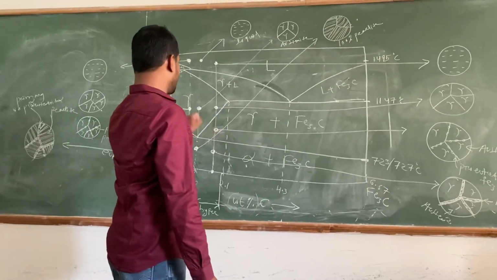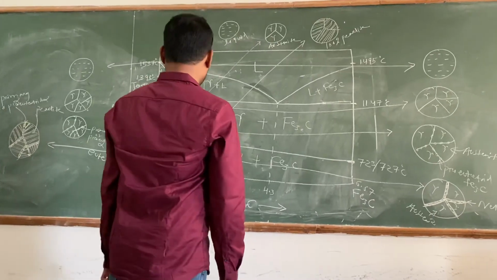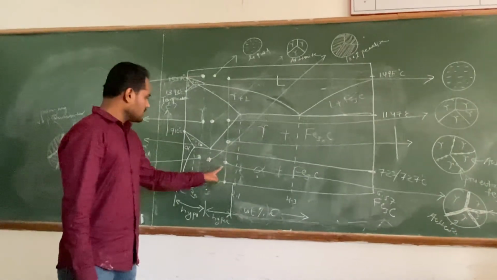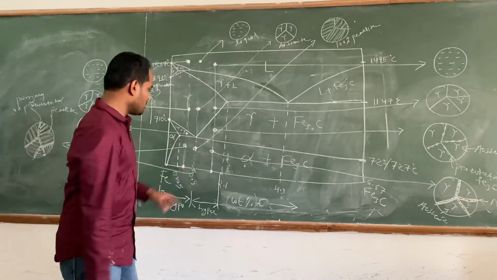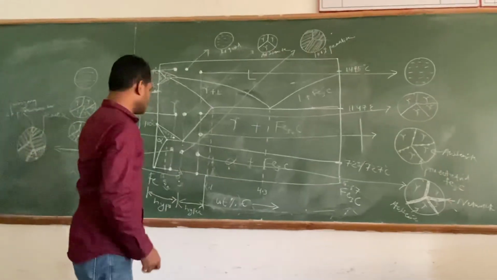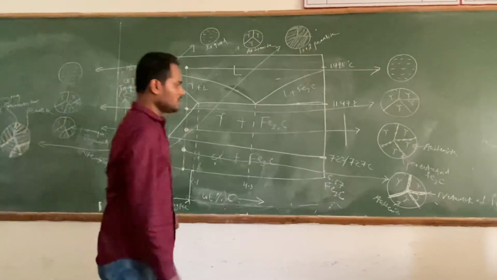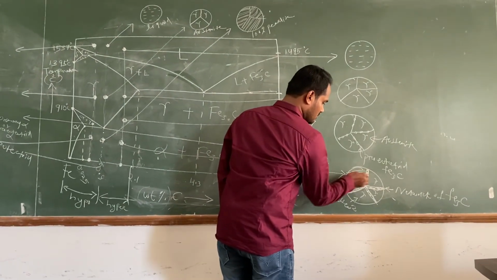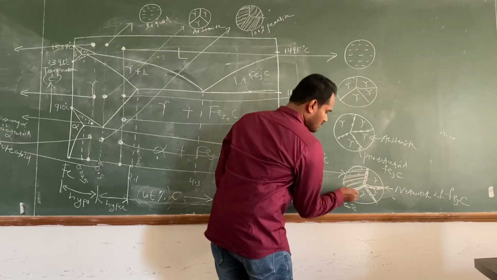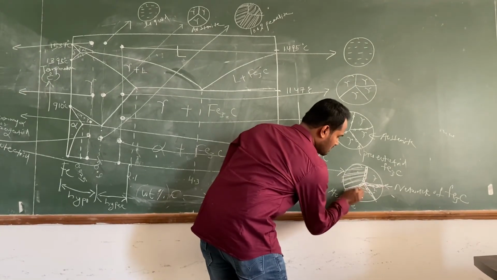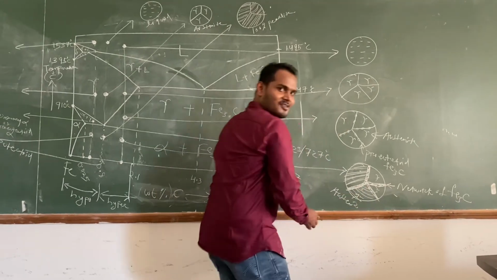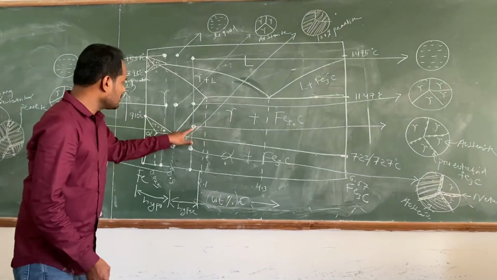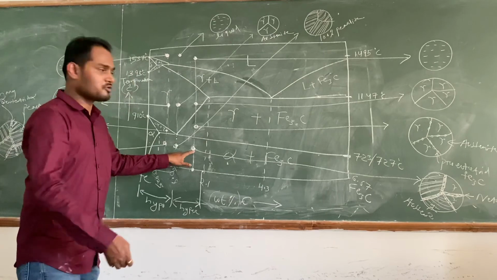This will become, okay, perlite will be there. See, this is 100% perlite. This is cementite. So obviously you will be having at this point, what you will be having? You will be having perlite and cementite also, right? So this gamma will not be there. It is okay now? Yes, yes. This austenite will be transformed into perlite. It is okay? Because here austenite is there. This austenite, when it comes below this one, will decompose into perlite.